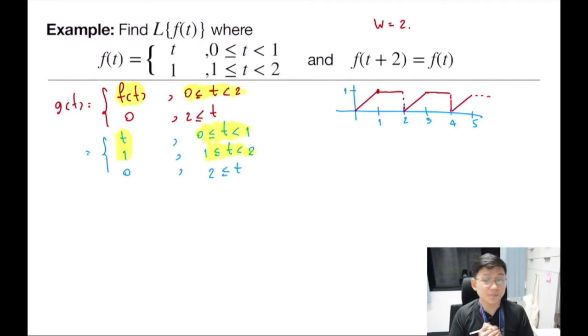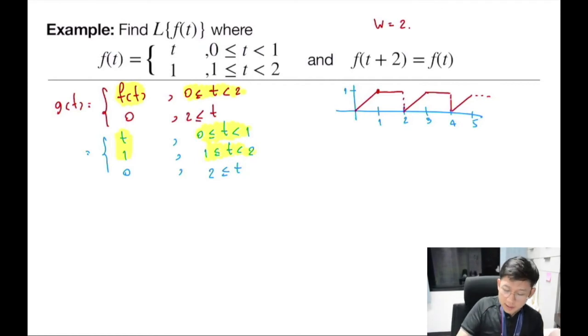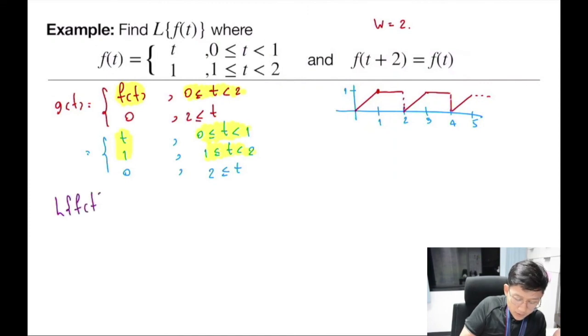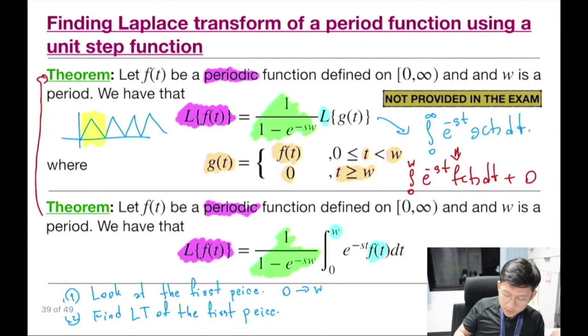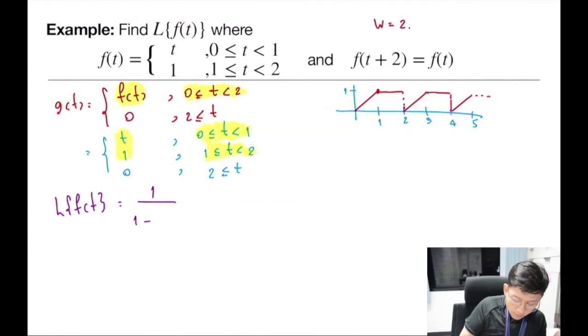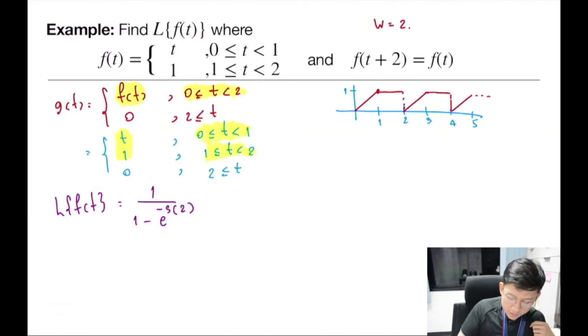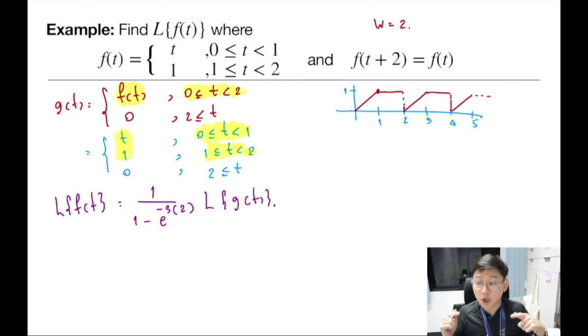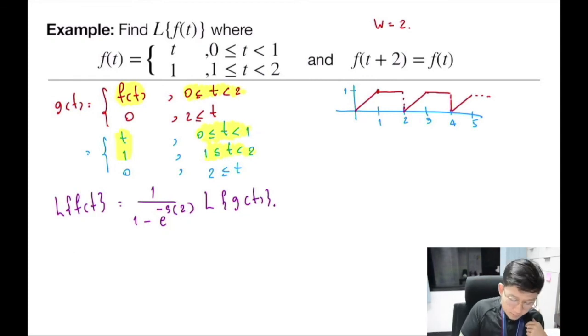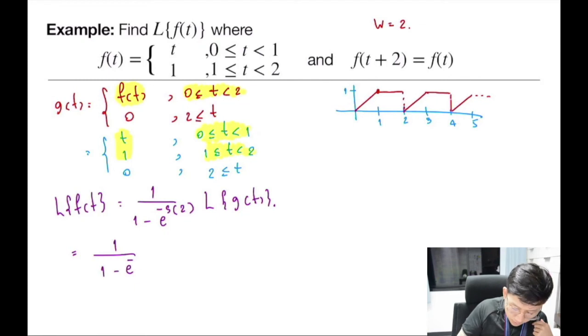Make sense? And then the Laplace transform of f(t) is just, what is it? 1 over 1 minus e to the minus sw, where w is 2, and then the Laplace transform of g(t). And that's a lot easier to find. So it's 1 over 1 minus e to the minus 2s